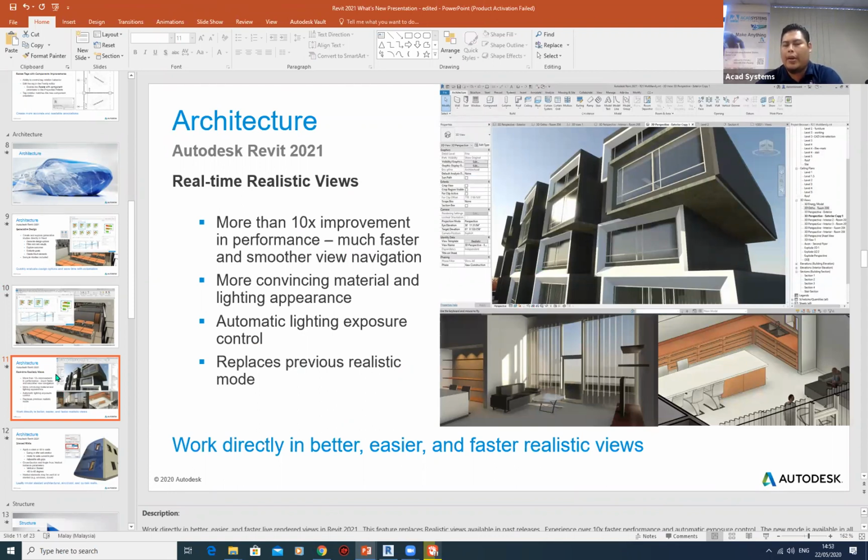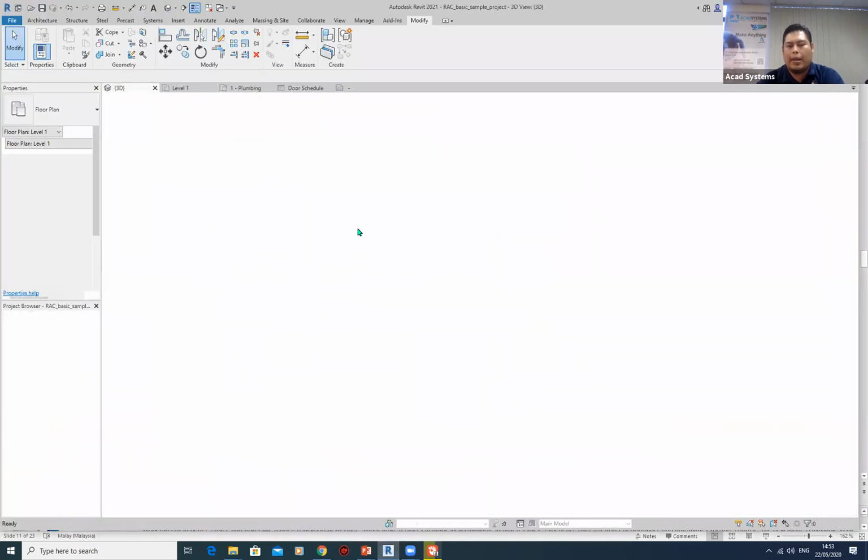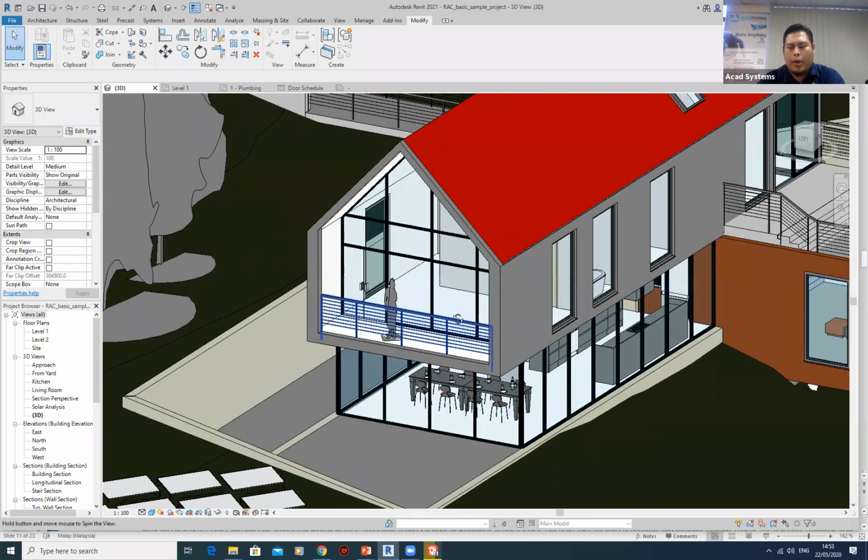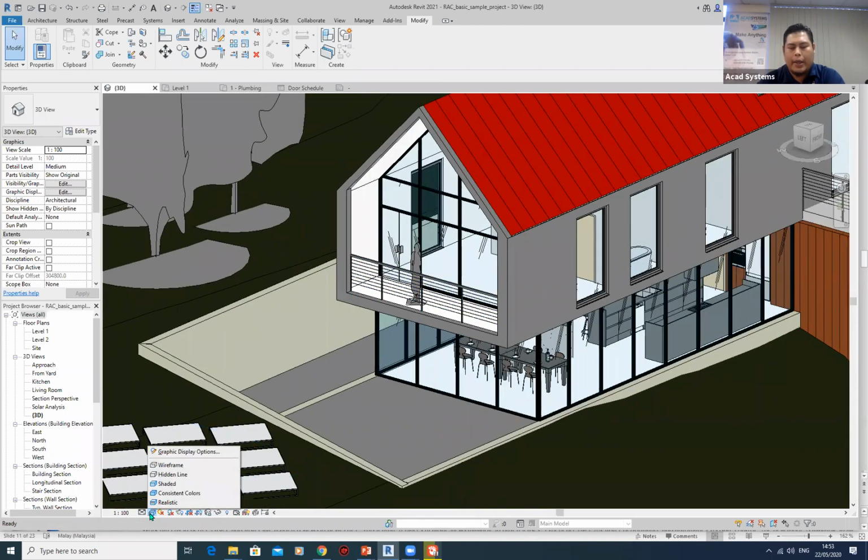And the feature that I really like in Revit 2021 is the realistic view. You know very well that the Revit realistic view most often looks like a cartoon. I admit that. But in 2021, you will be amazed that it has improved a lot in terms of graphics. For instance, we are looking at this sample project, and if you go to realistic view,